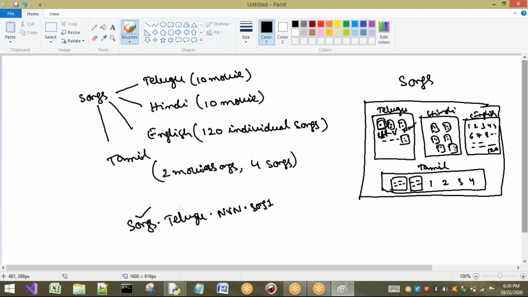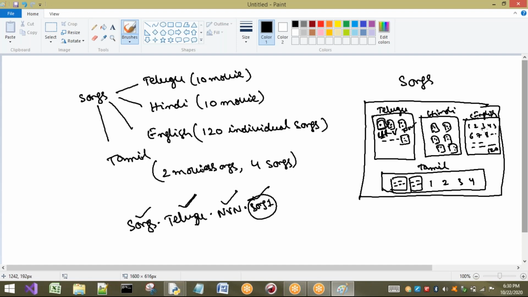So this is what? A package. This is what? Sub package. This is what? One more sub package inside the sub package. Next, this is what? A module which I want to access. So to access this one, what do I have to write? The entire address has to be written. In the same way for Hindi also.